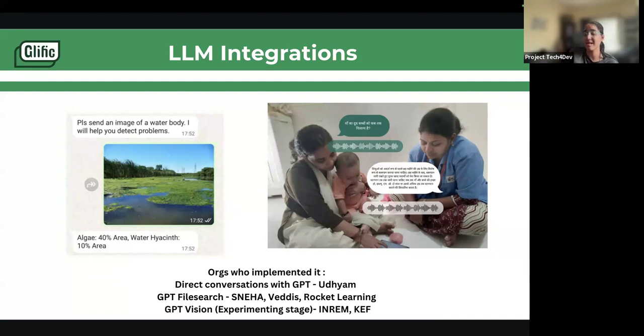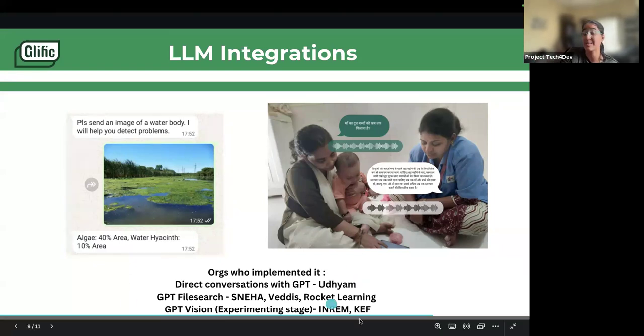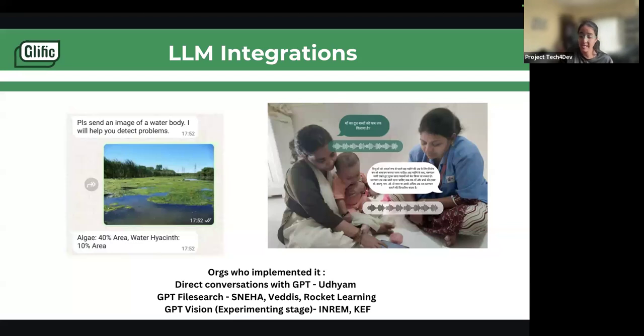They have also done another experiment where a picture of a skin problem is sent, and GPT was able to clearly identify what the problem might be and what the suggested next steps are. We are doing a similar experiment with an organization called Key Education Foundation, where students submit different work activities that they do.